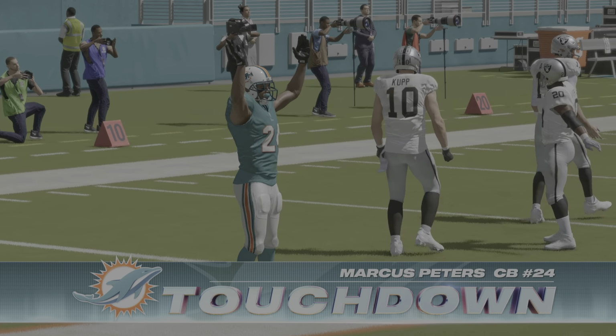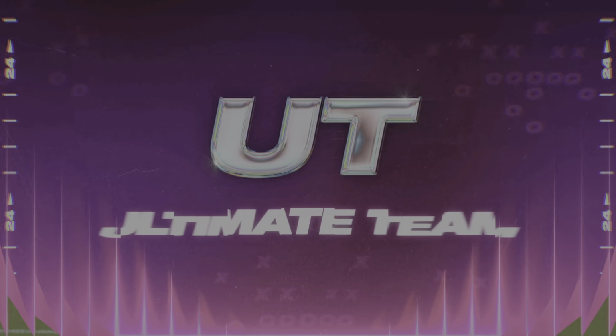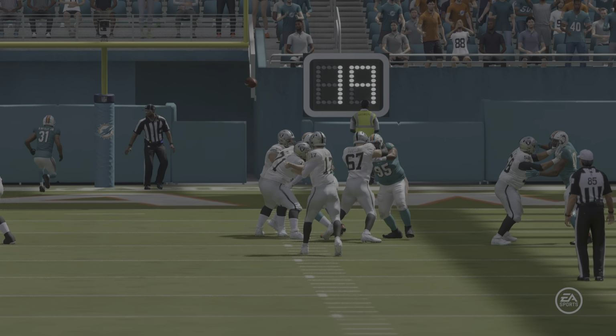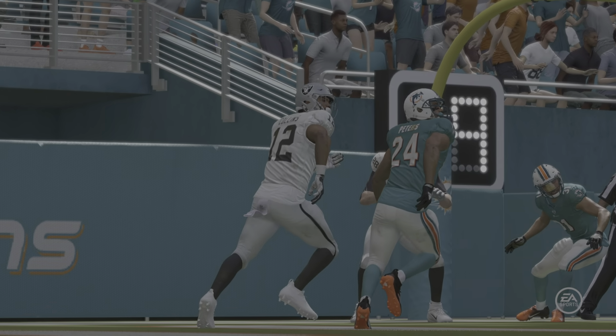It's a pick six and a Dolphins touchdown. CD, what a sensational start for this defense. Instead of just forcing the 3-and-out, which they were about to do, they pick it off and take it in